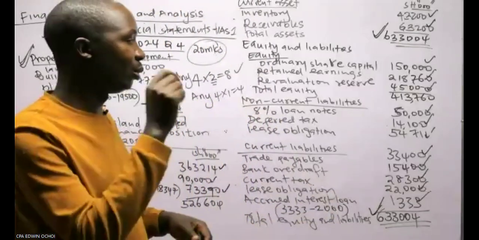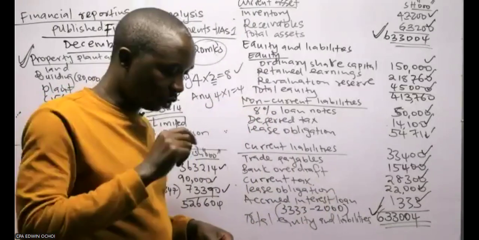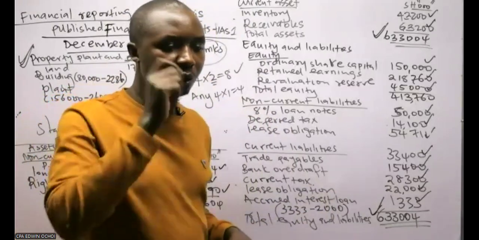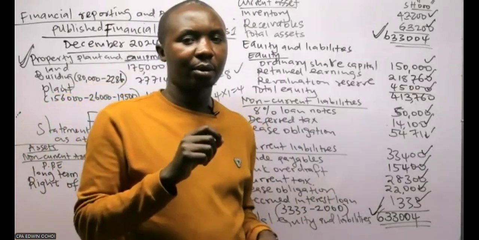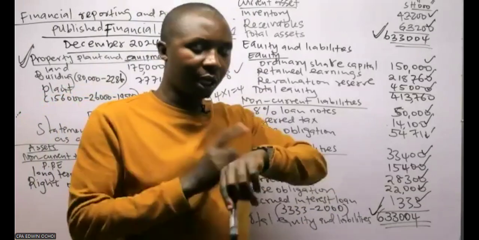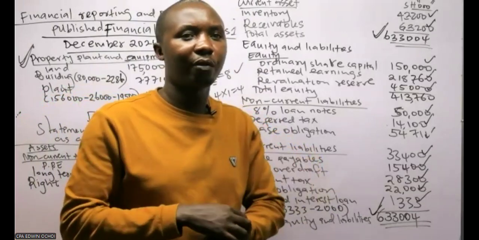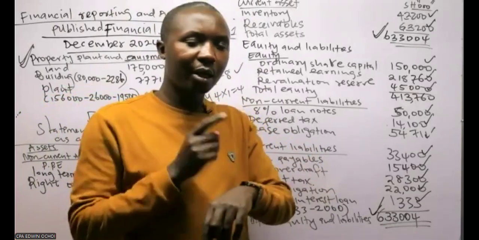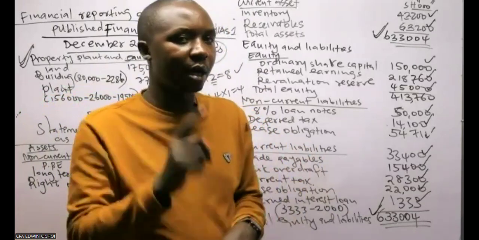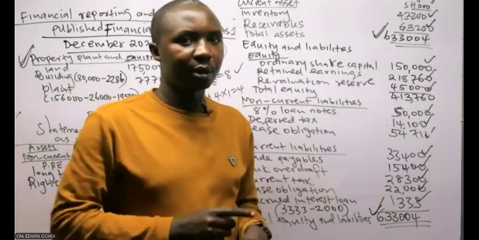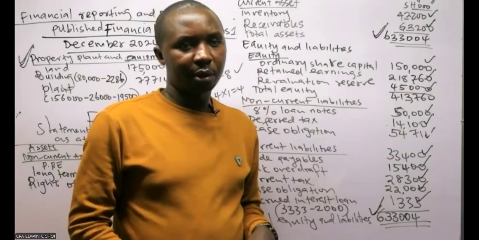So it's not a must you do. So anyway, what you need to understand, you need to minimize your workings to your level best due to time. Workings are never marked in your financial reporting. We mark the final statements which are required, which are the requirements. Is that okay?